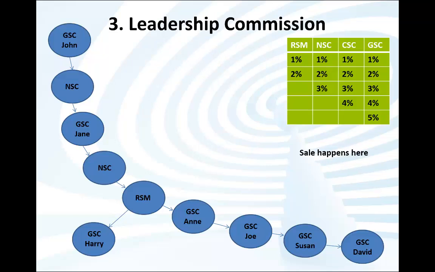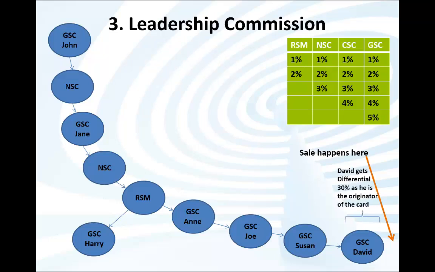The Beep algorithm has a robot that goes looking for who to pay. The robot always works out leadership commission from the bottom up. In other words, for every commissionable sale, the robot has 15% leadership commission to pay out. Therefore, the robot starts with the first percent first. In the example, the golden line shows where the sale took place, just underneath GSC Dave, who we will assume is the originator of the card.